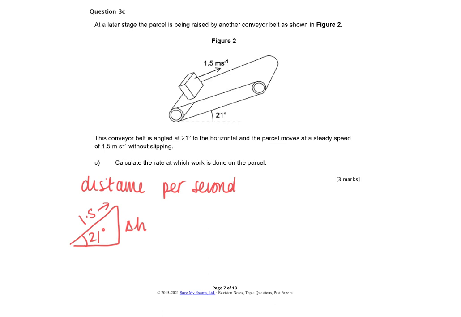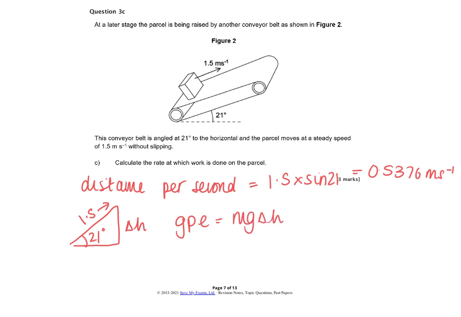So if you have a look at this triangle, we are going to use sine. So to work out the distance per second, it's going to be 1.5 times sine 21, which gives you 0.5376-ish meters per second. So we are then going to use GPE,